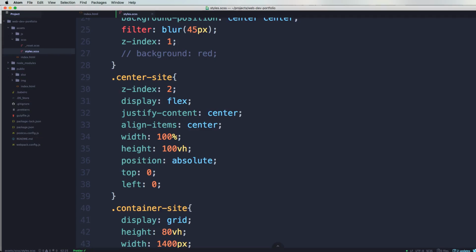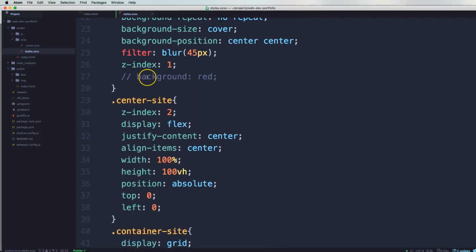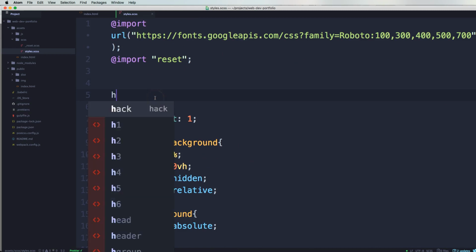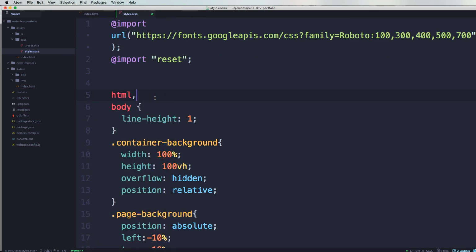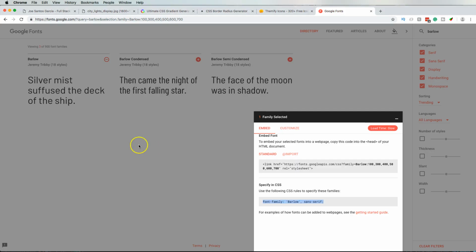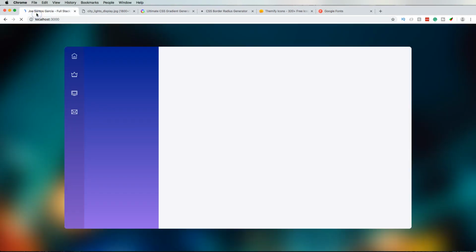Okay, we're gonna go into the top of this. We're gonna say HTML body, also to the asterisk. So let's say asterisk, and paste that in. Okay, come back here,